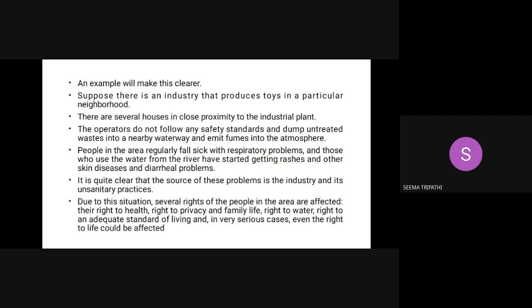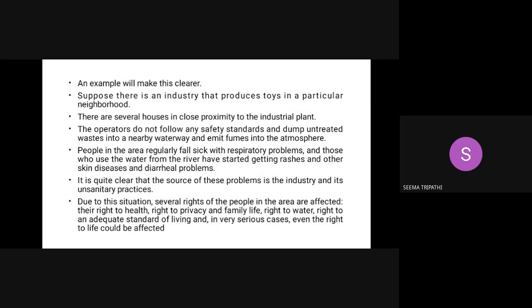So there is an example which is given in a very good book written by two authors. One is an Indian author, one is a foreign author. Most of the times when we talk about the impact of industries, they are making benefit, but on behalf of whom? For example, there is a local toy industry in a society, and they are making toys, making their profit, and then they are emitting all their waste and dumping it in an untreated manner. And ultimately, people in that area are feeling sick, they are getting diseases, they are having a lot of health issues. Ultimately, people are suffering.